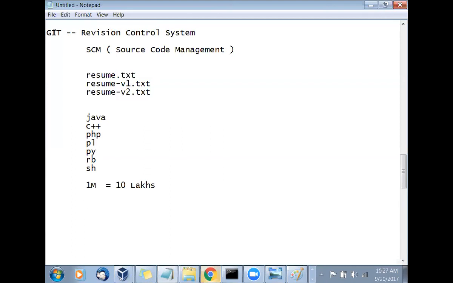That's why you need a tool which will help you manage so many files and so many versions. One file may have 5 versions, some file may have 10 versions, some file may have 100 versions, and so on. In real time, for example, your operating system, either Linux or Windows, has each and every file under version control.